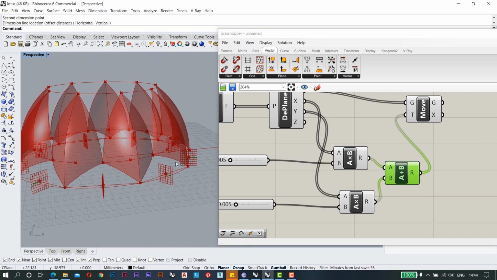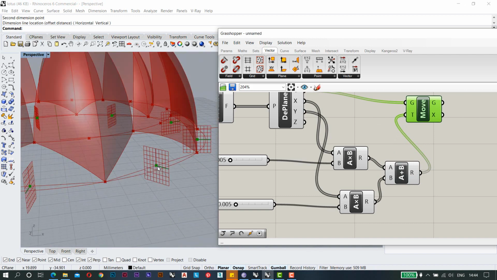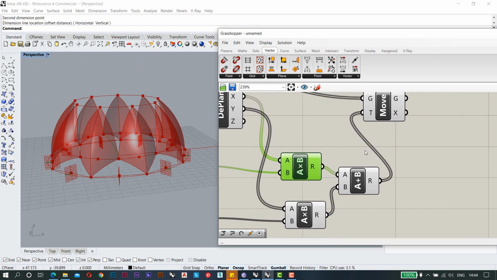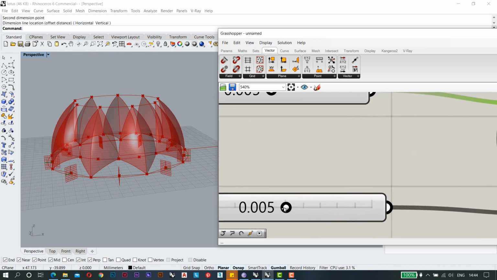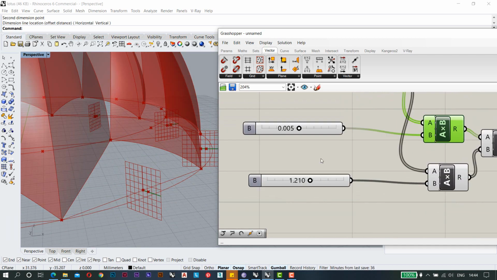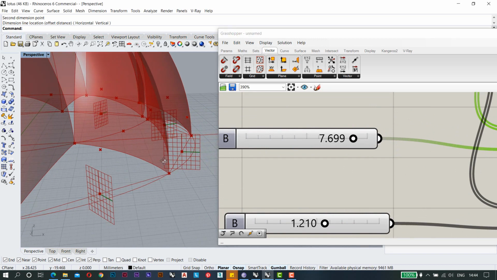Now you can see the point is somewhere. If I change the location of the point, it is going away, and I have to change the height also. Like this, so we have changed the height.